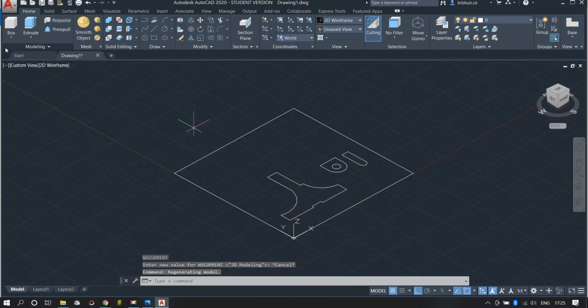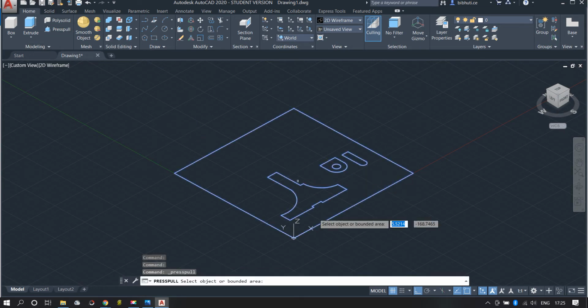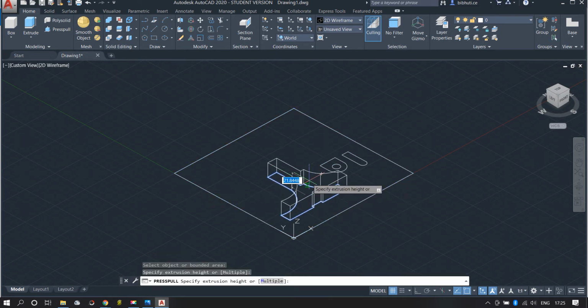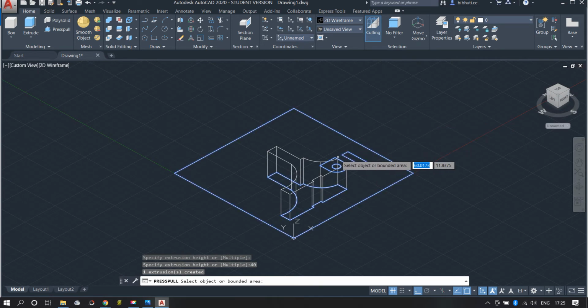Now what do I have to do? I have to press pull this. I have to press pull this by an amount. How much? Will tell me how much? Sir, 85. Oh no, so 40. 40. Good. So 40, and